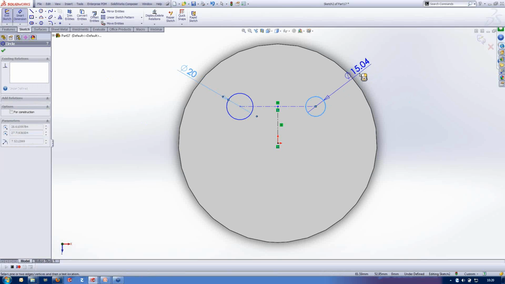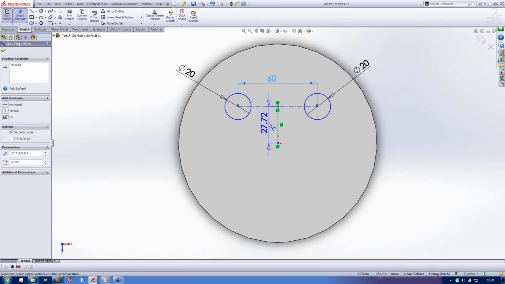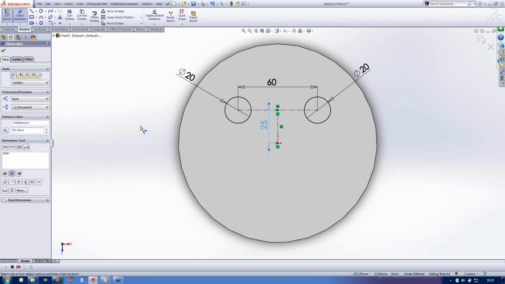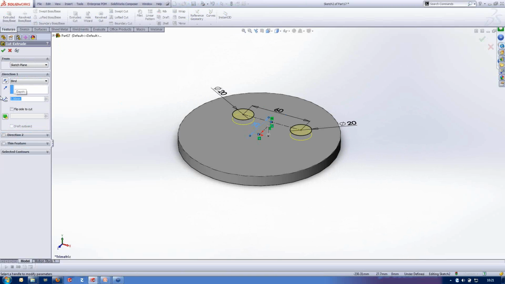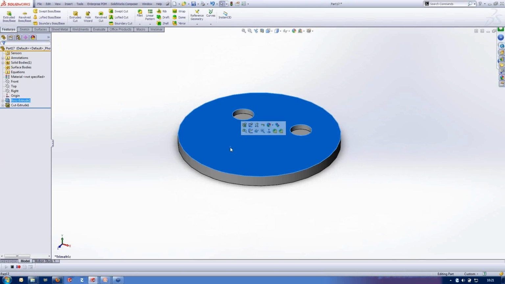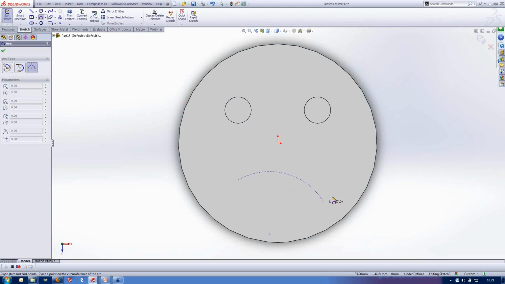dimensions. Now the reason I'm having to type into my dimension box each time is not because I think that's the preferred way to work, but when I demonstrate this macro in a second, I want to make sure I've got the option to enter dimensions turned off. And the reason behind that is it will then allow me to run it straight through without it asking me what the dimension is going to be. Right, and then finally we're going to have